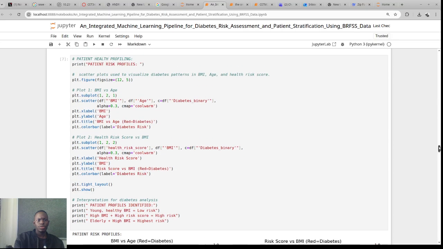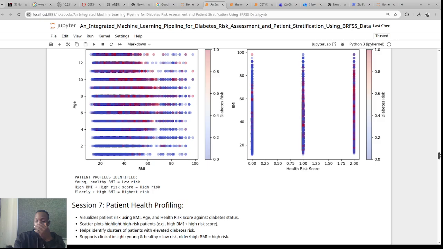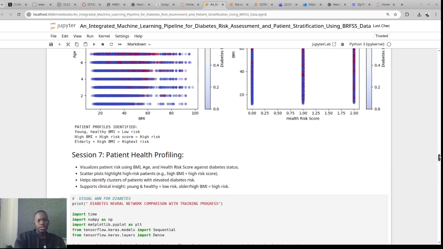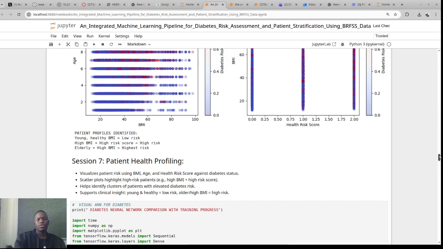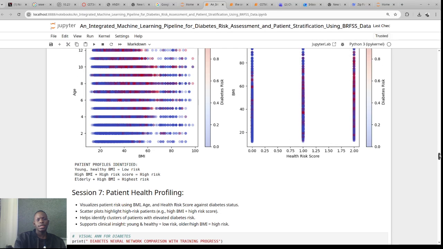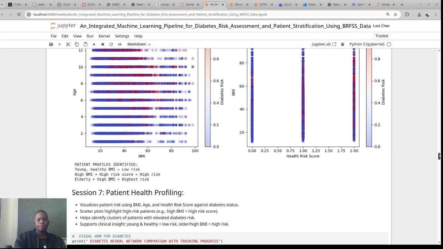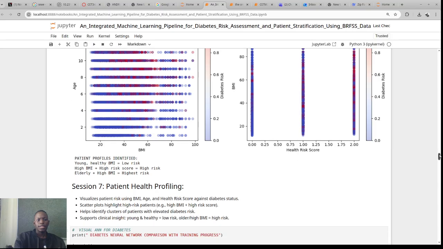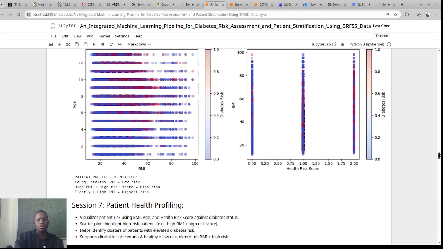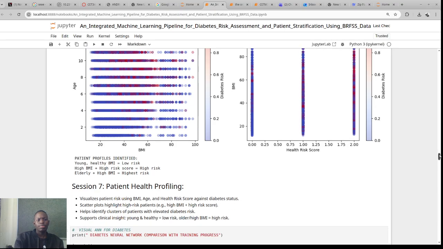We move on again to the next session, which is session 7, and in this session we're going to talk about patient health profiling, where we visualize patient risk using body mass index, age, and health risk score against diabetes status. Scatter plots highlight high risk patients with high body mass index plus high risk score, and we also help identify clusters of patients with elevated diabetes risk,